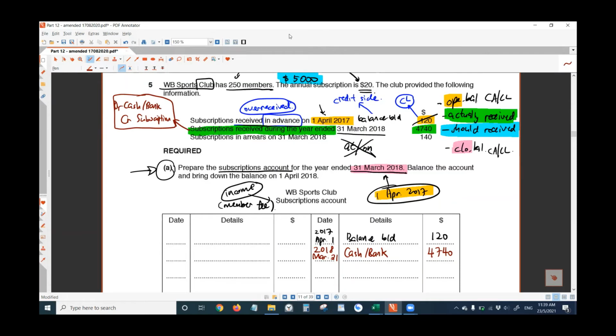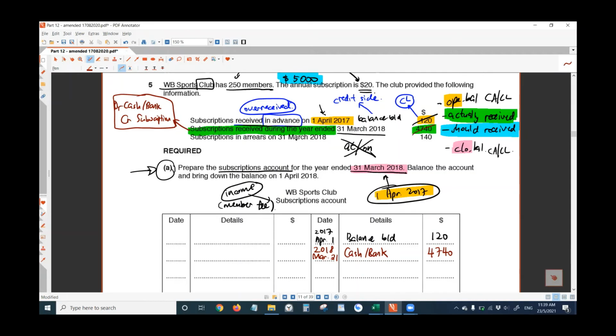Okay, so all of you, are you okay with this opening balance and the 4740 amount actually received before I continue? Okay, good. Wenjun, Adeline, Ishin, and Wenwei can understand these two amounts, 120 and 4740. Okay, now let's see the next one,